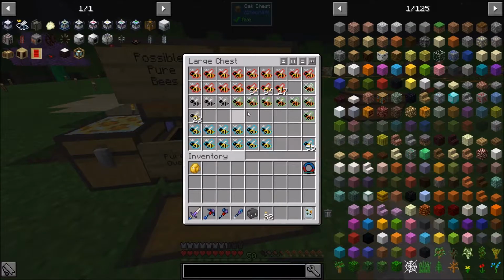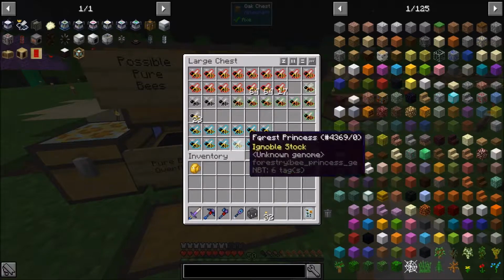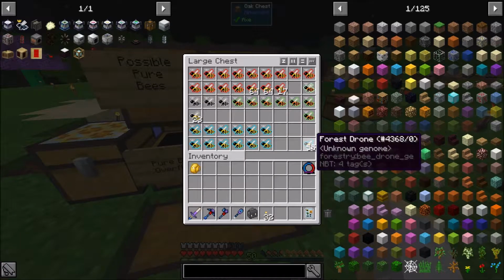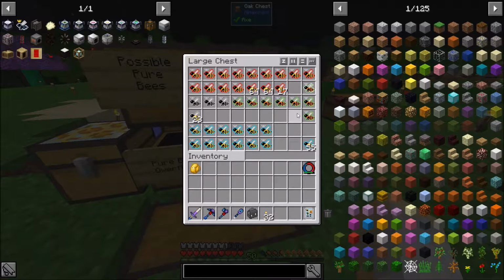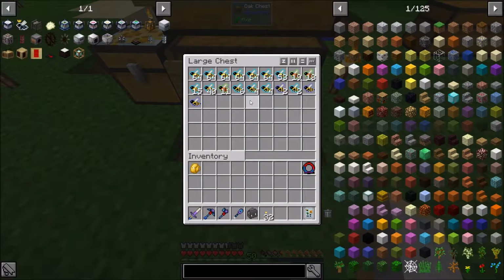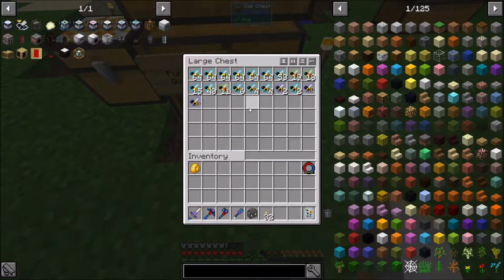Now, as you guys can see, all these bees in here are pure. Actually, sorry, all the ones in this one are pure. I think that one is too. I could be wrong. Oh no, sorry, they're all pure. I think all the ones in this one are also stabilized, while the ones in here are pure but not perfect. So yeah, we got all of them to work with if we need to,